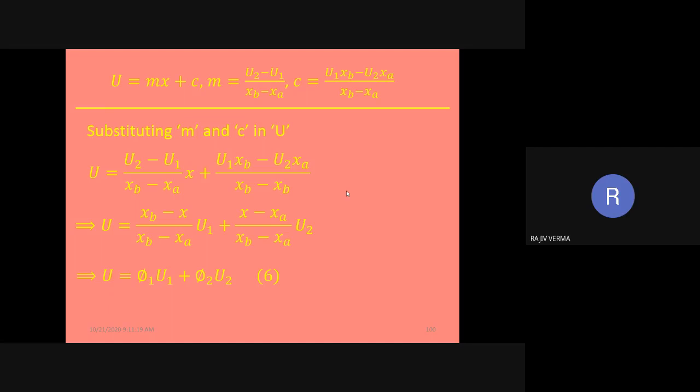Now in this particular expression, that is equation number 6, phi 1 is going to be equation number 7, and phi 2 is going to be as written in equation number 8. Also notice that both phi 1 and phi 2 happen to be linear expressions of x. It is a linear expression because we do not have any powers such as x square or x cube appearing in equation number 7 or 8. Therefore, it happens to be a linear expression in terms of x.